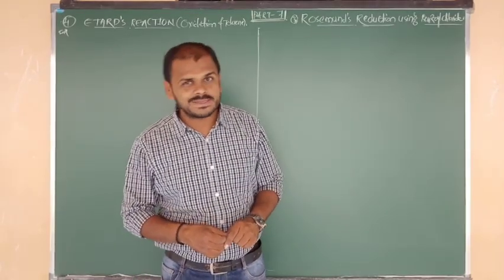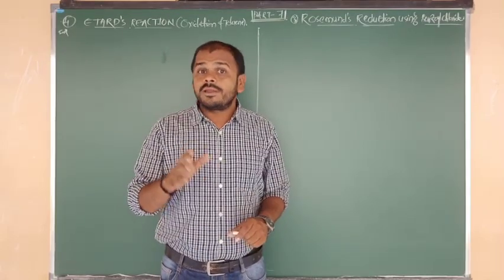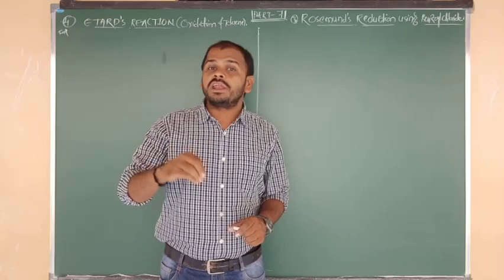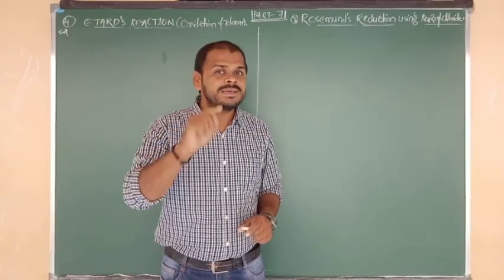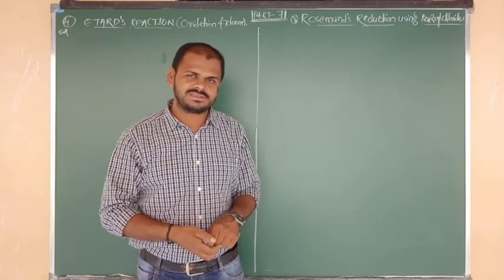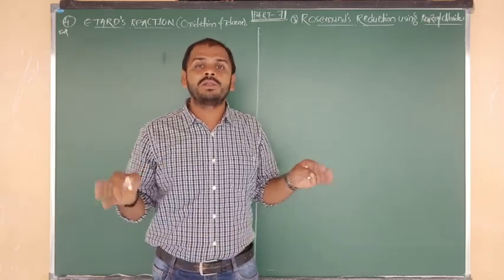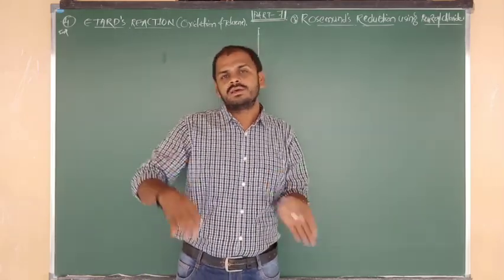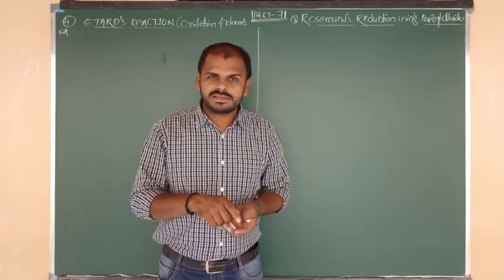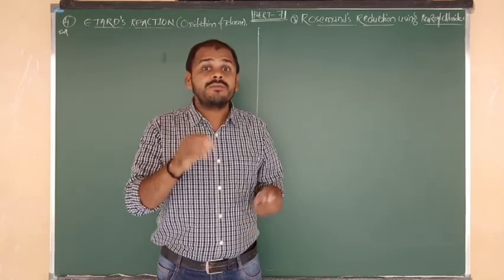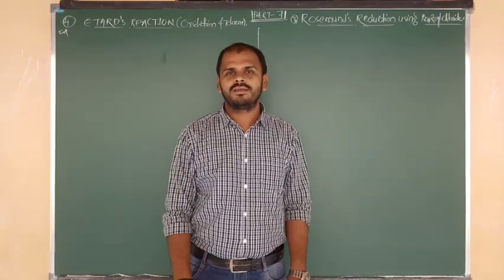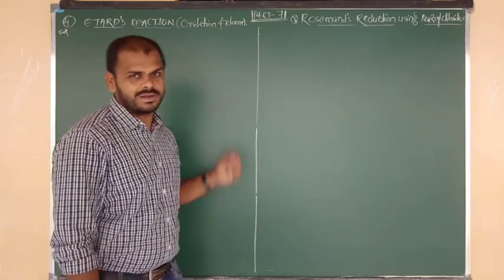In the last class we have seen the Friedel-Crafts acylation, Gattermann-Koch reaction, hydration of alkynes, nothing but Kucherov reaction, and hydroboration oxidation of alkynes. Like that, very important topics, very important reactions we have seen in the last class. Now, the remaining 3 to 4 methods are there in the preparation of aromatic aldehydes, nothing but only for benzaldehyde. So what are the 3 left methods we are going to be discussing now?